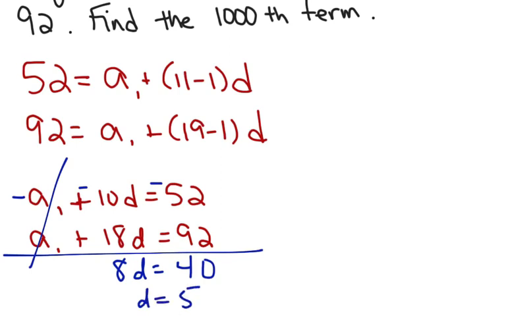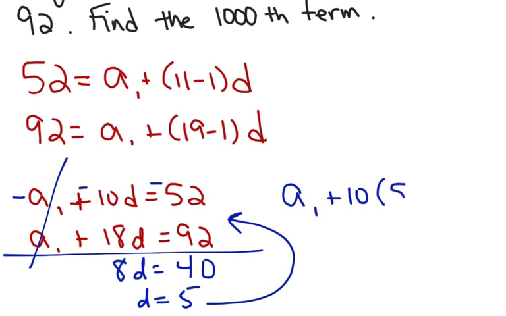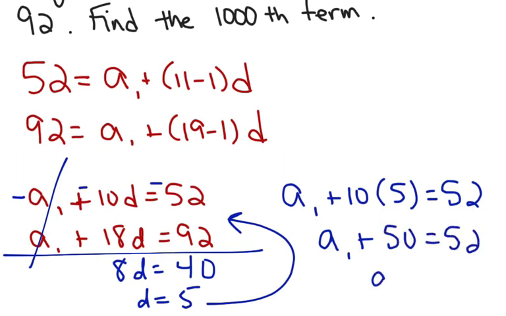To find the first term, all I have to do is plug d back into one of the two original equations, and then solve for a sub 1. I'm going to find out that a sub 1 is 2, because I'm skipping ahead, 50 is equal to 52, so a sub 1 is equal to 2. Now that you know the first term and the common difference, now we can go and find the